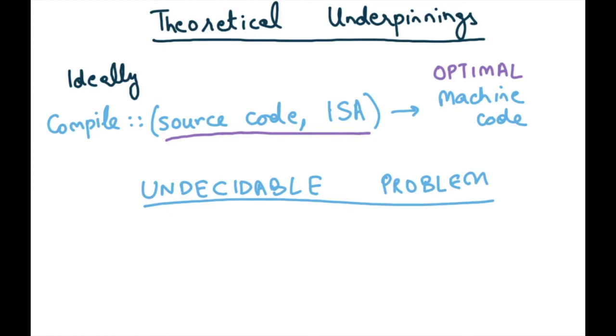Now it turns out that this is an undecidable problem. All right, so this is an undecidable problem, and so, except in certain special situations where the programs are really small, one cannot solve this problem. And so what compilers are doing is they are doing the best effort. Things are improving year by year, but we are nowhere close to what could be the optimal.